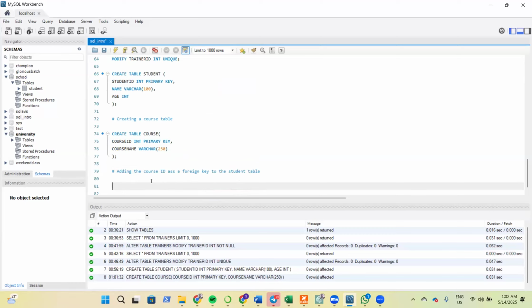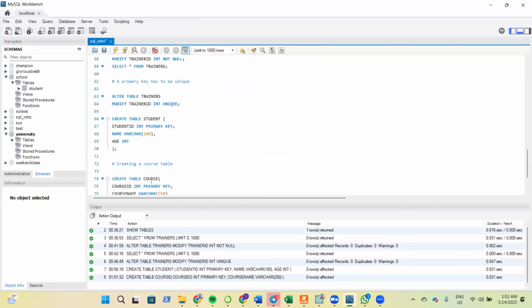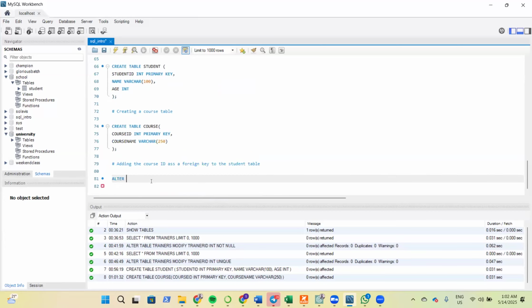So I'm going to come down and go directly to alter table students, alter table student. Does it have an S? That's student, no, it has no S. So we're going to alter the table student. And in this alter, we're going to add